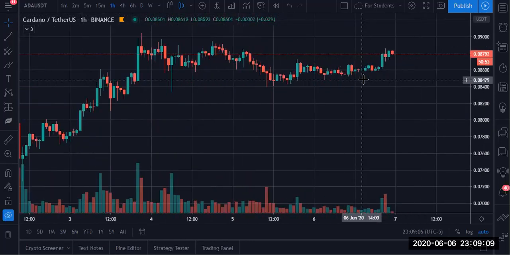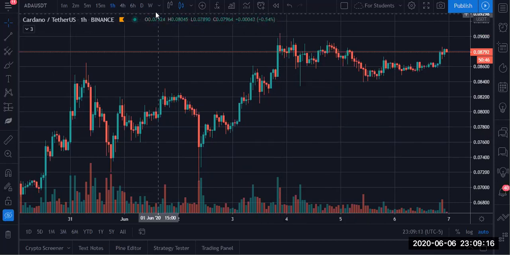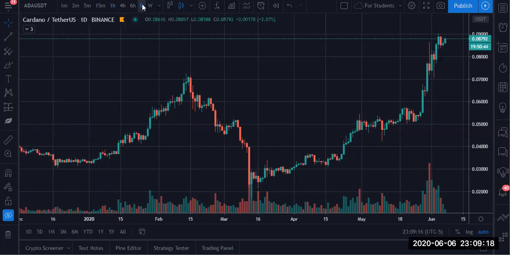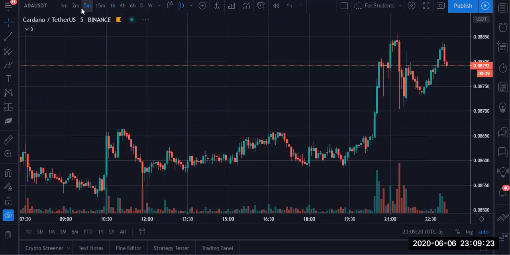There's nothing there. And this is me zooming out. So if it was reset, this is what we would normally look at. So when this breaks to the upside there. So what I do is I look at the daily first, then I go to the 15-minute, the 5-minute, the